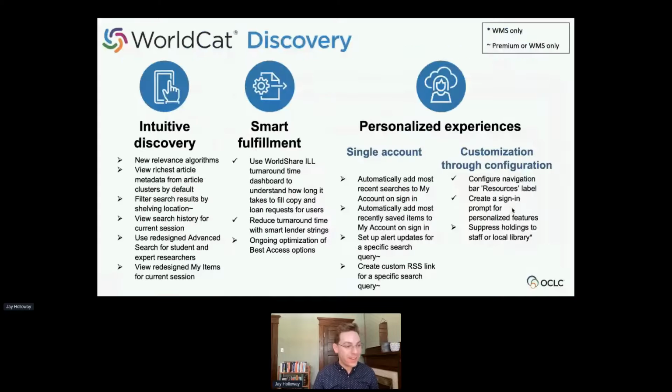So looking forward, we are by no means done yet. So we're continuing with these themes, and I'll speak to some of the key areas that we're looking at. So here's kind of a full list and a few things that I won't really speak to, but are critical to research activities. We're adding support for search history. So as you do searches in Discovery, we'll log your session searches so that you can quickly reference back to them, save them to your account if you like, or just get rid of them at the end of your